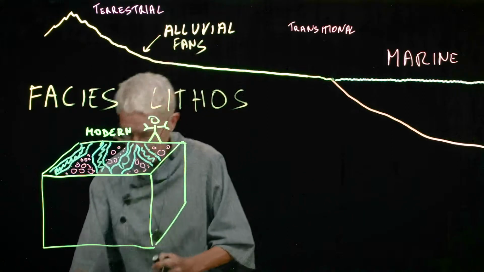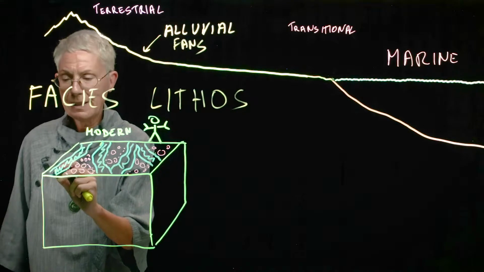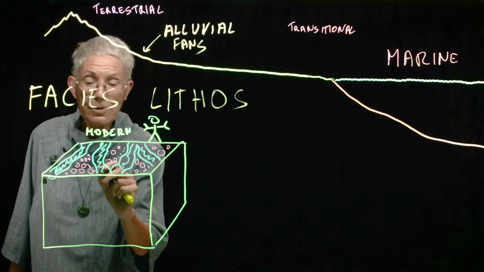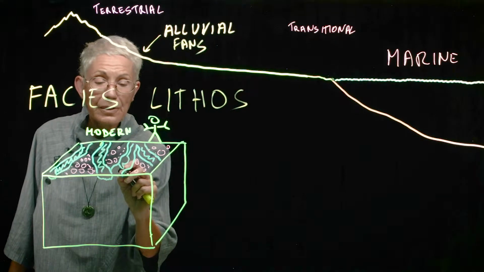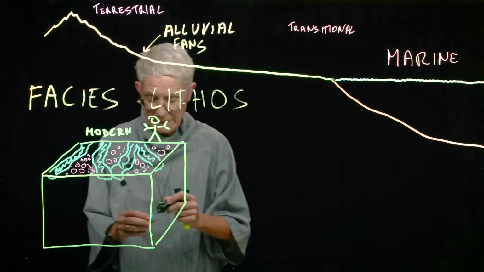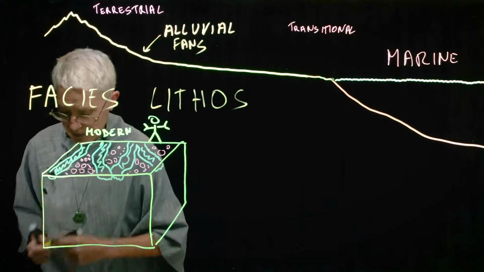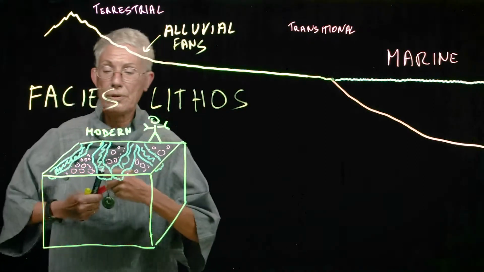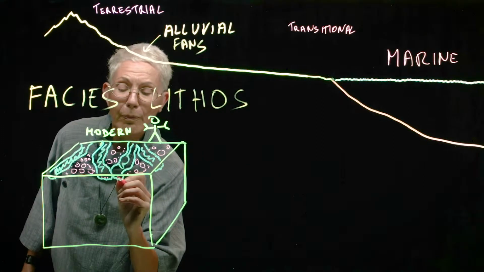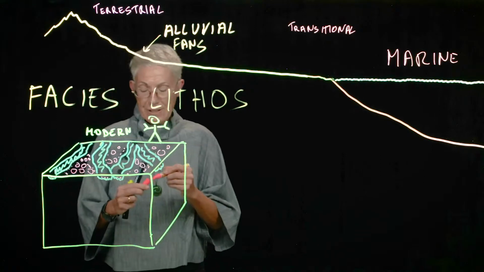Now, what happens is that here you have a channel, and the channel, because it is a channel, we have a little bit of an erosional surface, which I draw like this, like little zigzaggy things, okay? And what goes in the channel, well, at the bottom of the channel you might have also some coarse sediment. So channels, but